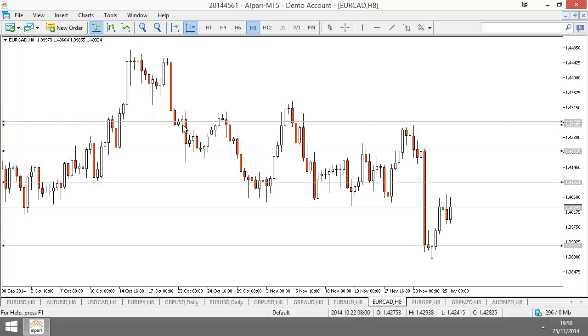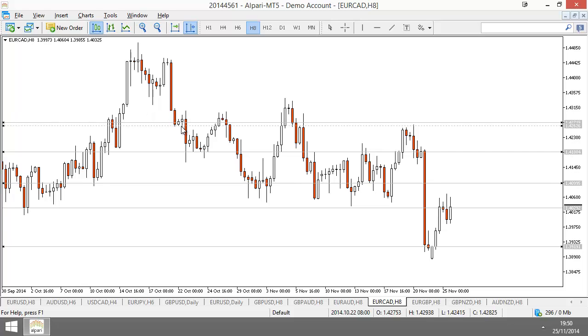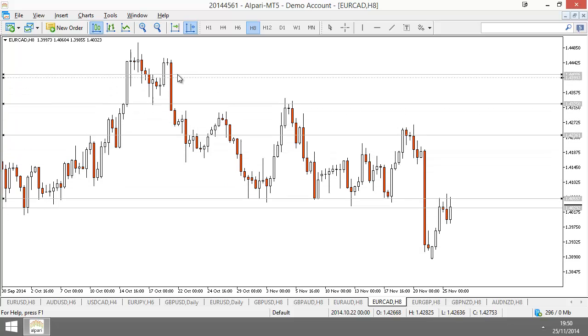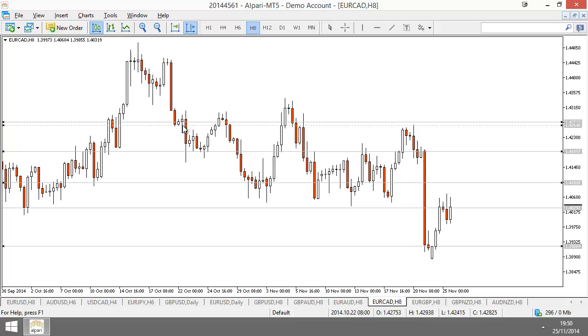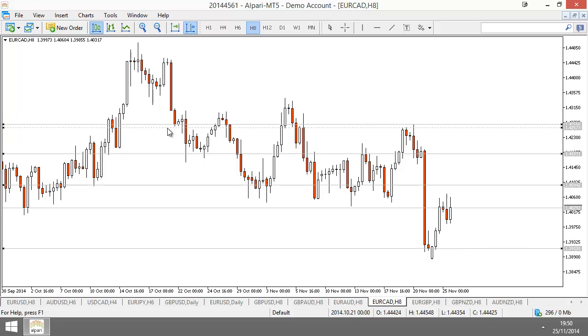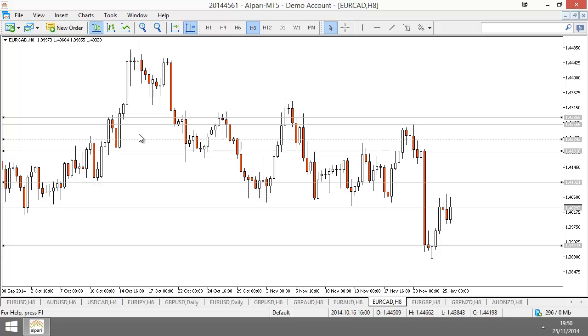Oops, how did I do that? I didn't even know you could do this. I just moved all the support resistance areas at once. I'm using the wrong key. I messed that up. Okay, let's fix this. I know I had them all selected, but I didn't realize if you pressed Alt, you could move them